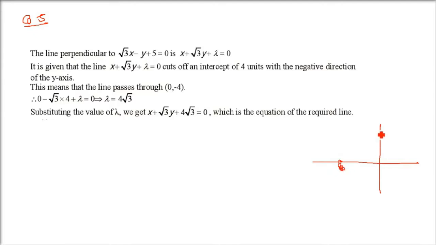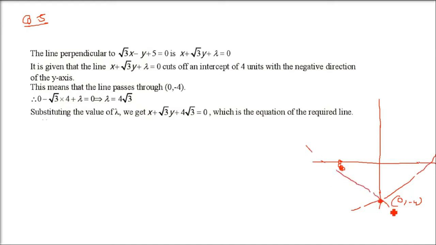No, it's on the y-axis, I'm so sorry. This is on the y-axis, so negative side, (0, -4). Because this is -4, and since it is the y-axis, x is 0. Now this line can be anywhere. I don't know about that.